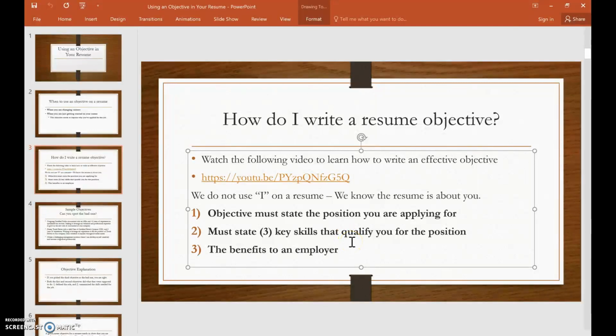If you have qualifications for that position, you must also state those. And that could be schooling, it could be special skills, it could be an area of expertise, but somehow try to capture 3 things that qualify you for the position, whether it be schools or skills or education. And then convince the employer, I should say, that you would benefit them with something that you possess. That's what you need to do in an objective.